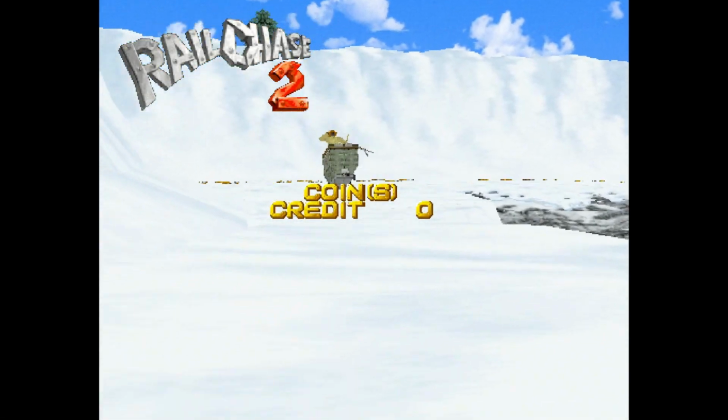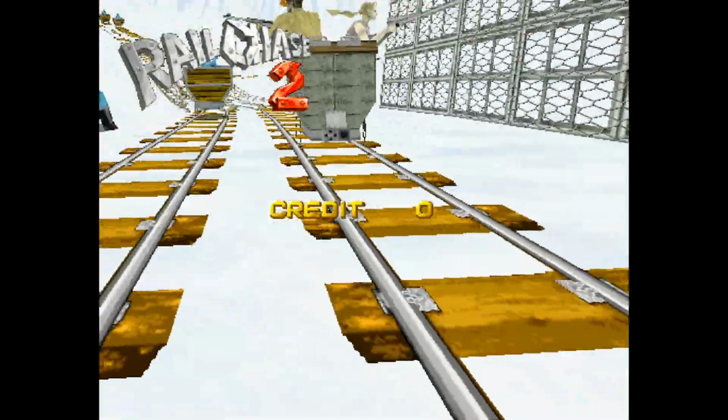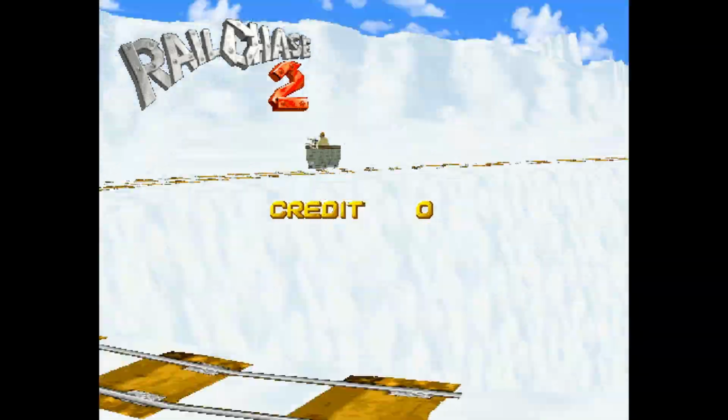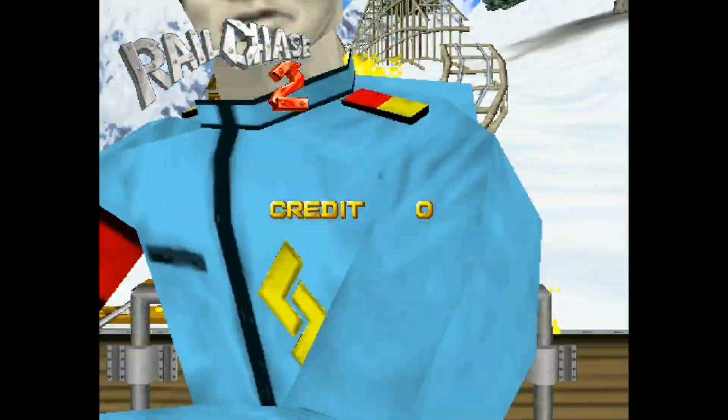Hey everybody, welcome back to Video Game Esoterica, another episode of the Unported playlist where we take a look at some of my favorite unported arcade games of all time, and today we're taking a look at Rail Chase 2, released by Sega in 1994 on the Model 2 hardware, and it is an absolutely outstanding amusement cabinet style light